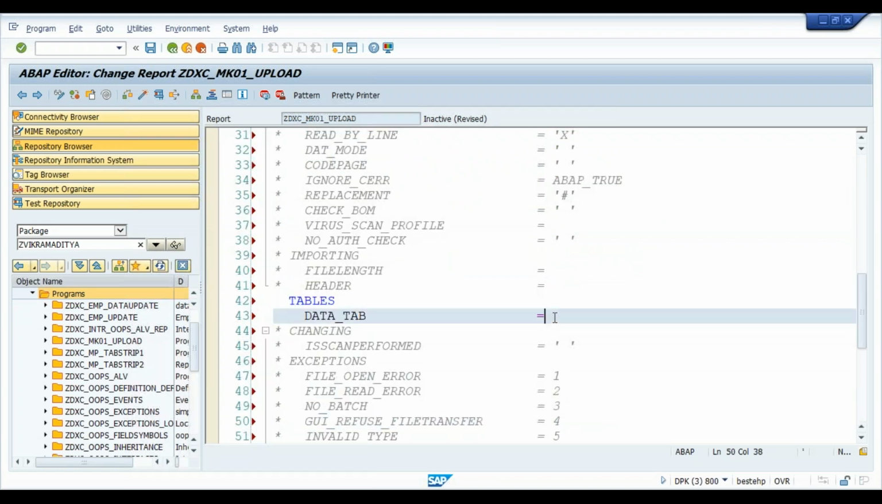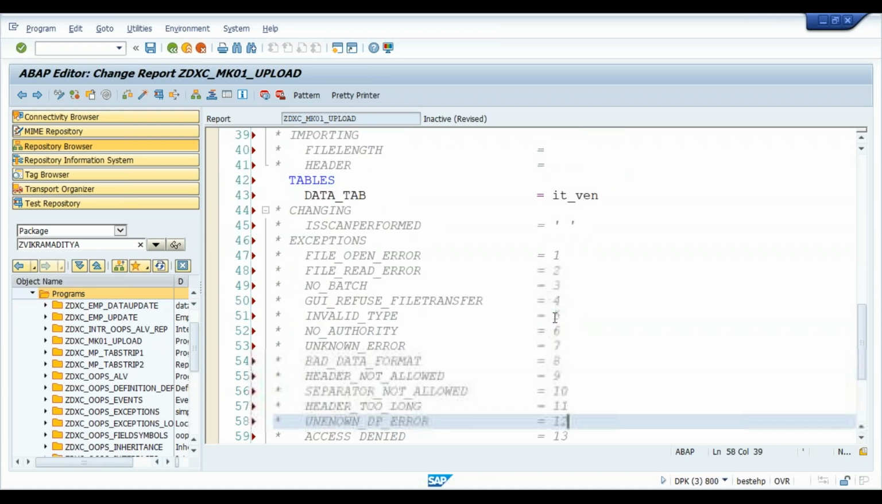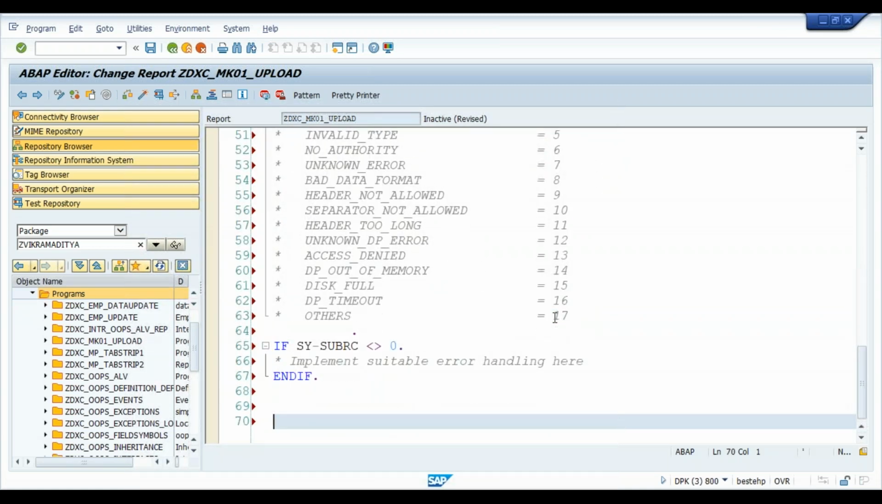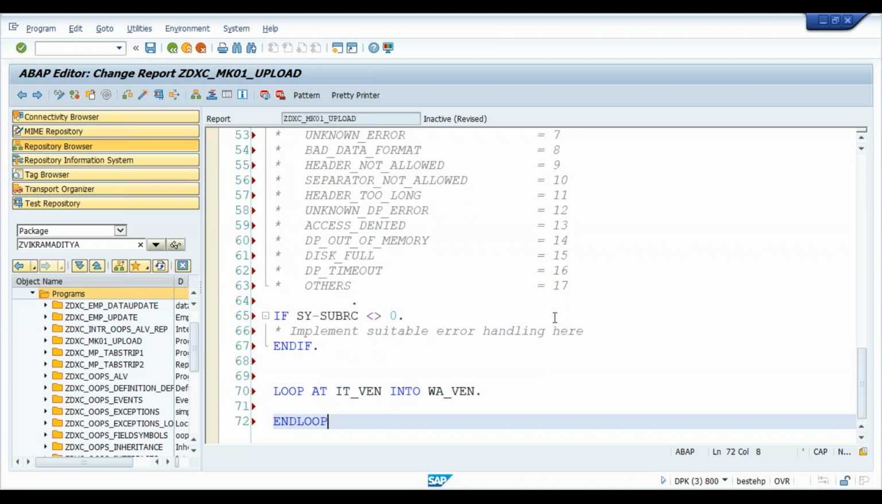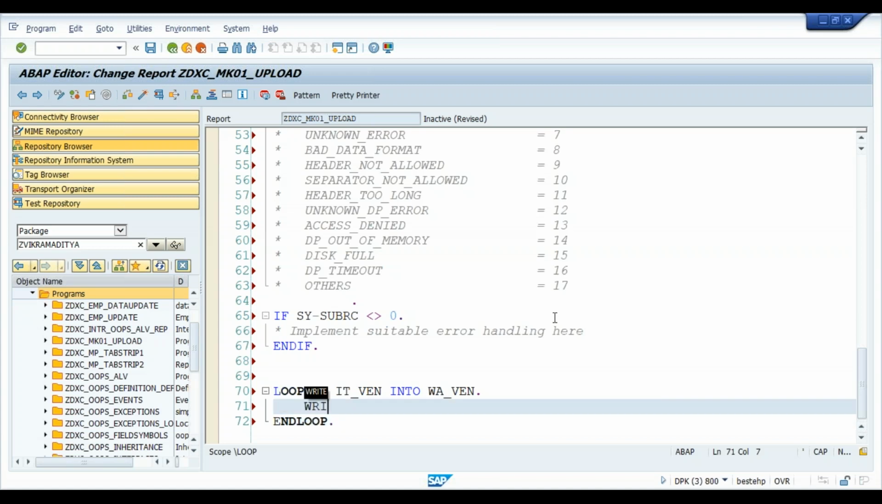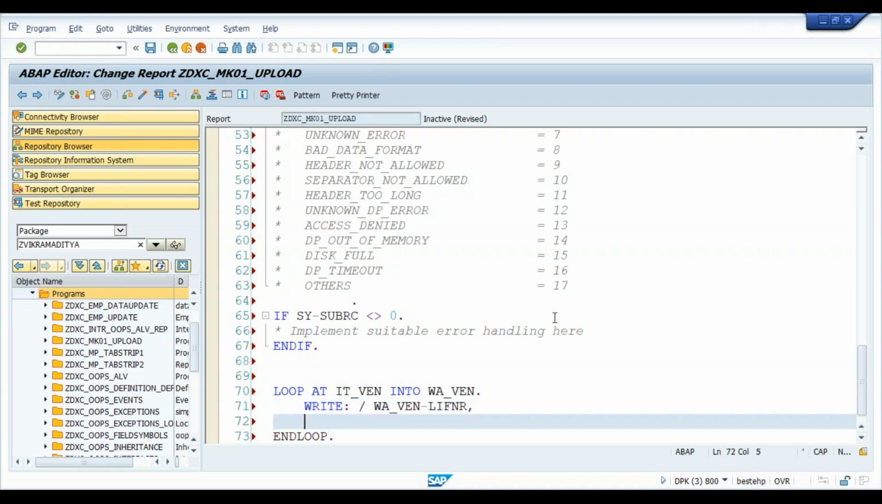So where are we uploading the data? We are uploading the data into it_vmk. This is where we have to upload the data from the flat file. For our understanding, this code which we are writing right now is not required, but let's write: loop at it_vmk into w_vmk. Later we can comment this. End loop. So here we have write w_vmk-lifnr, w_vmk-